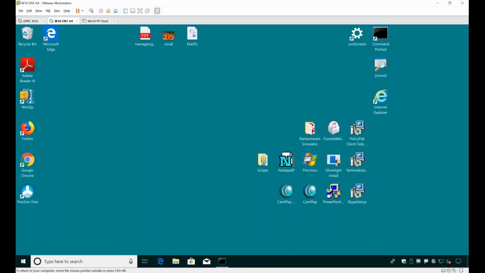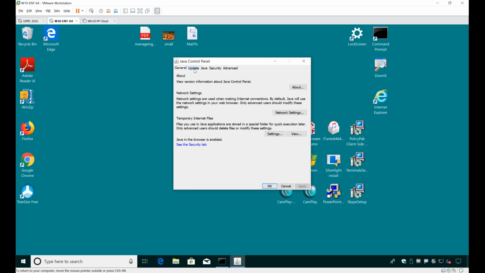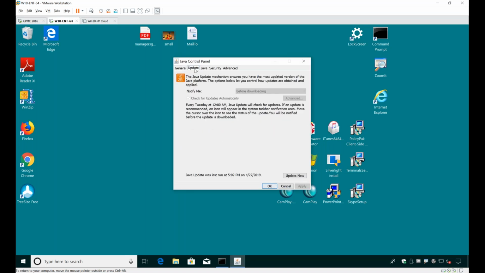Java is, everybody knows, a huge pain in the neck. What I'm going to show you here is how, well, nobody likes to see the update tab, because then Java's asking for updates. And honestly, Carl, do you know about the new problem in Java land, where as soon as you upgrade your machine to the latest version of Java, you're putting your company at risk because Oracle will then come after you for $30 per computer per year?